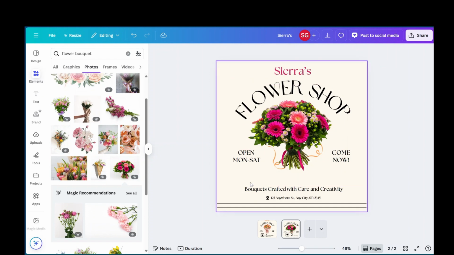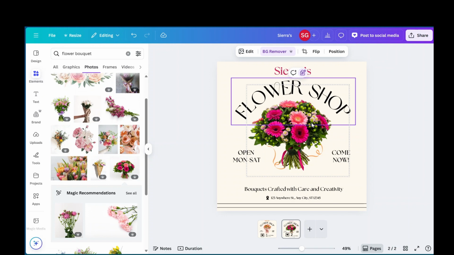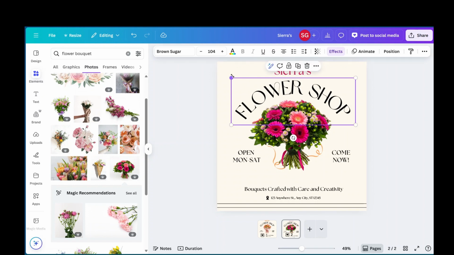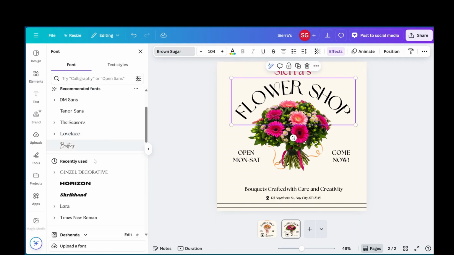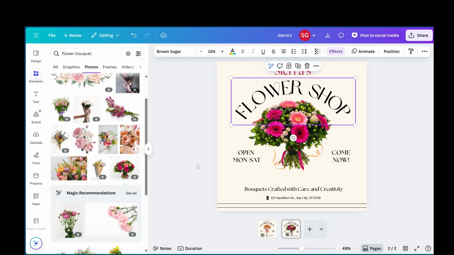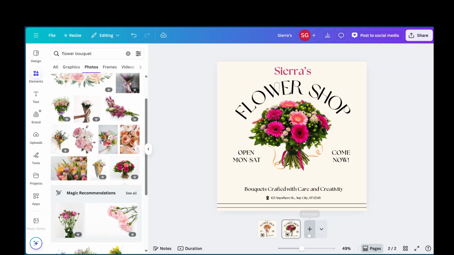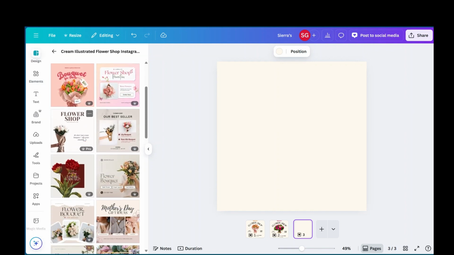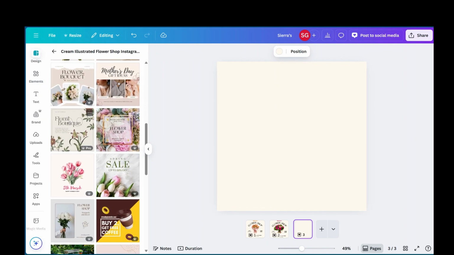So this is how you would update a template. This was me doing minimum editing, but of course you could go through and change the font, change the color of the font. But like I said, what's great about the templates is they give you a layout, especially if you are new to graphic design or using Canva. And this is what this video is about. But as you can see,